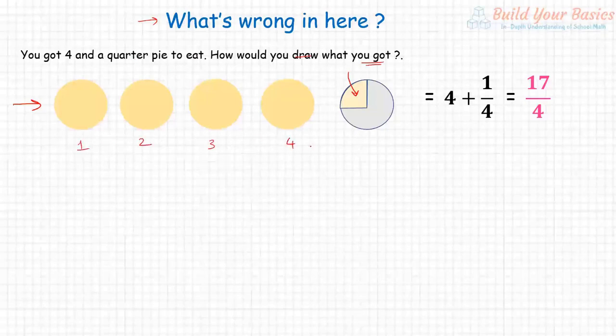I have a doubt. Yes. So we have 4 plus 1 by 4, right? So for adding 4 plus 1 by 4, should we add 4 to the numerator or to the denominator? You can remember it like this. You multiply these two and then you add 1. So 4 times 4 is 16 plus 1 is 17. 17 by 4.